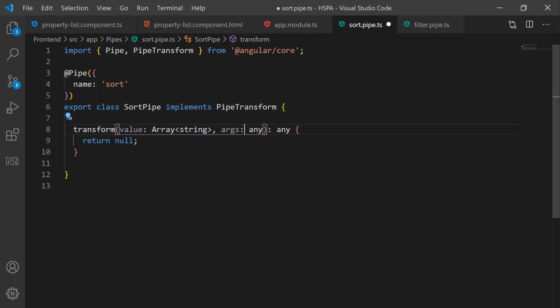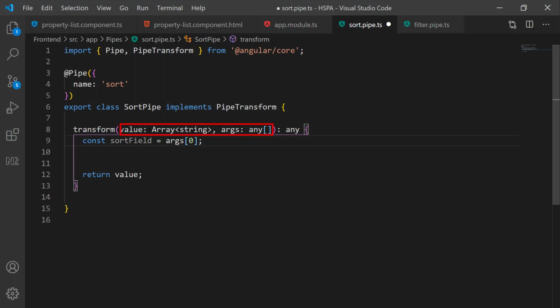So basically two parameters would be needed. Let me show you a different way to accept arguments. This time, instead of adding arguments separately as we did in our previous pipe, we will get arguments as an array. And then we can get those arguments in a local variable using the index of the argument like this. So the user of this pipe will have to send the first argument of this array as the sort field on which he would like to sort an array. And in this way we can accept as many arguments as we want in an array without declaring a long list of arguments here at this level.